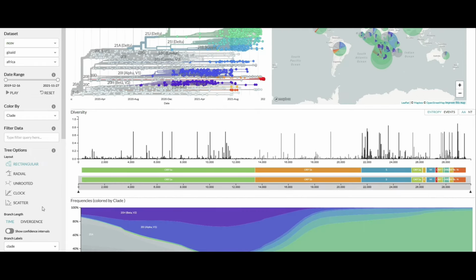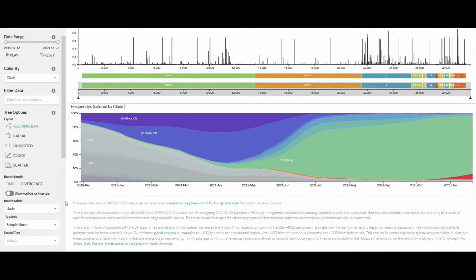We can look at this timeline, which goes from December of 2020, and we see that the beta and alpha variants were the big ones there. Then here in green is where the Delta variant came in, and we can see that